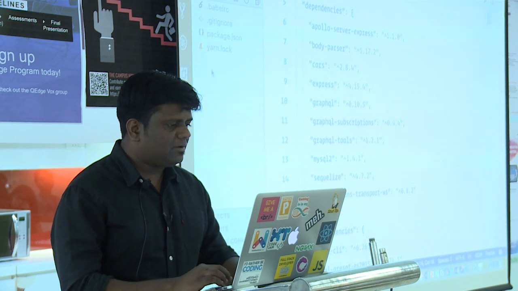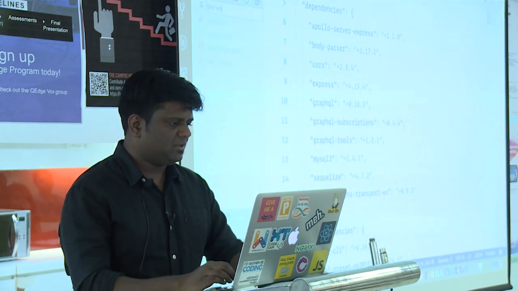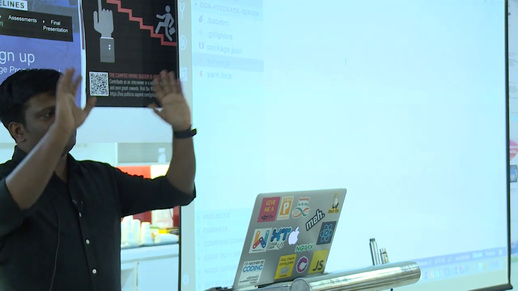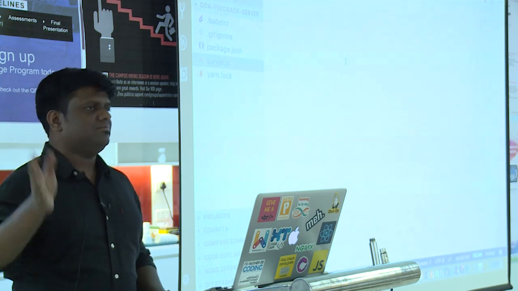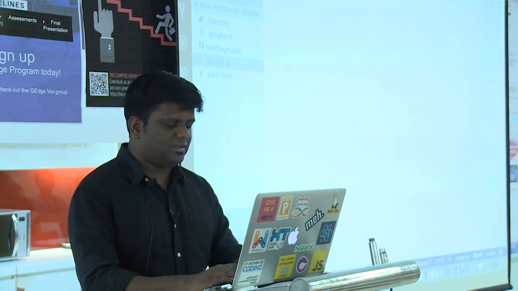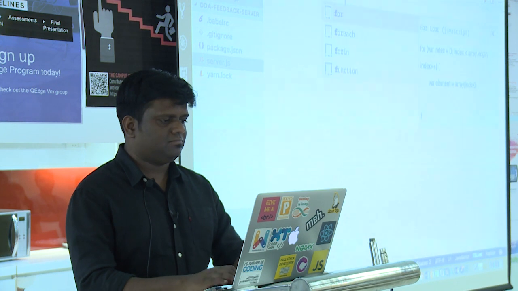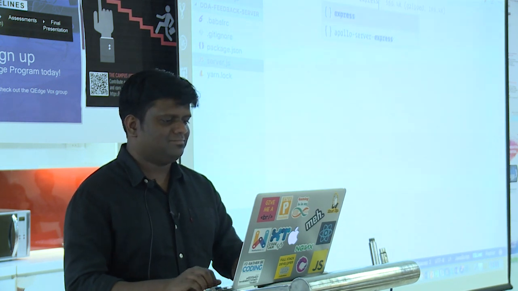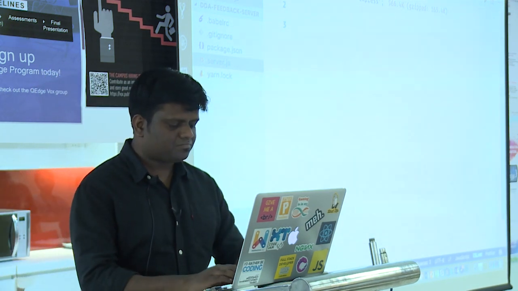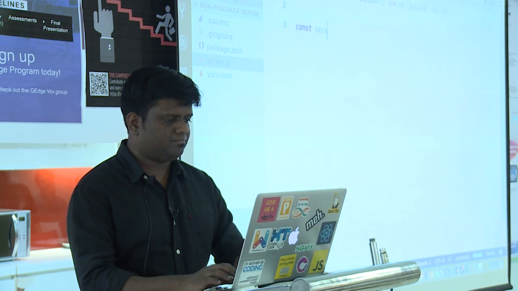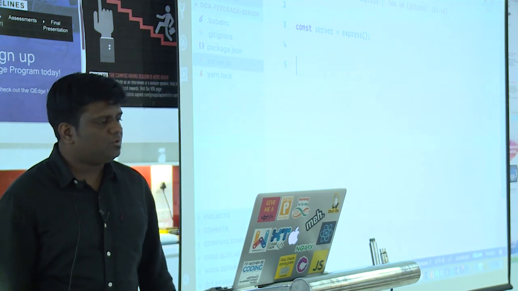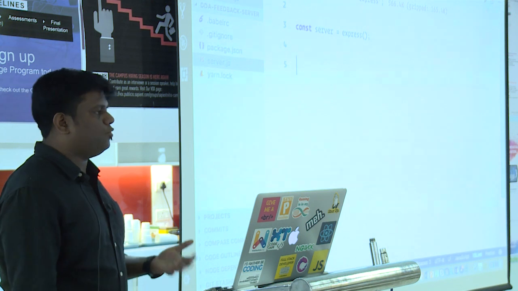Cool. So let's start with creating a simple Express server, right? And I'm using ES6 as well. So who all are comfortable with ES6 to some extent? Well, I'm not going too deep on that. All right. So if I have to set up an Express application, the first thing that I need is Express, right? Cool. And the second part is I have to create a server instance by calling the Express method. Now what I can do here directly is I can do a server.init on a particular port